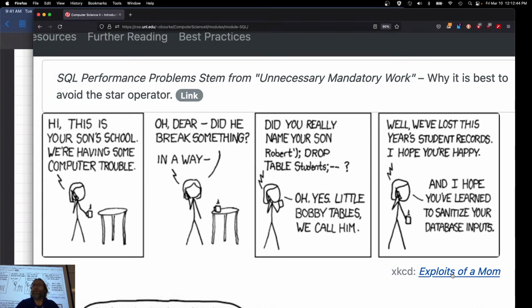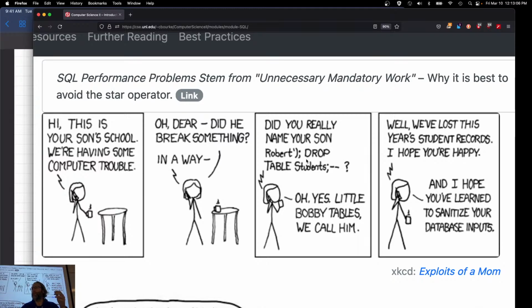This is about SQL injections, where if you don't sanitize your queries, somebody can append SQL statements to the end of your input. In a web form, instead of putting in your login, you can put in Robert, and then a double quote, and then drop table